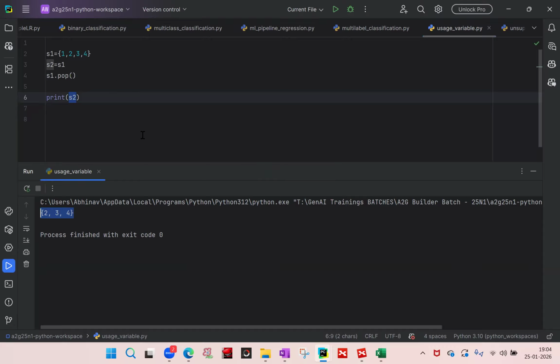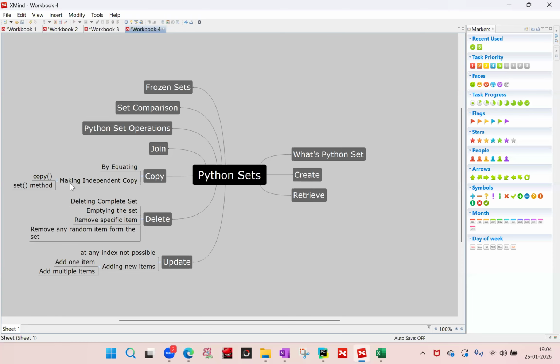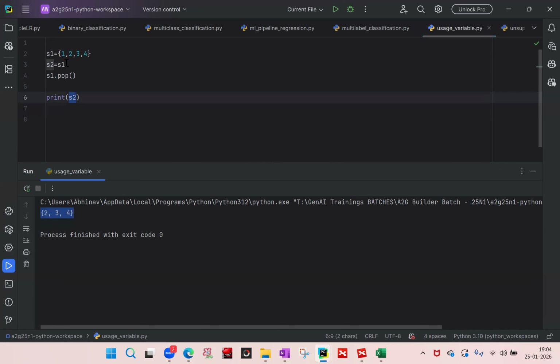So this is known as dependent copy, right? Now, independent copy, as we have seen in list also, can be made using the copy method. So if I do s1.copy(), it will make s2 the independent copy. What will happen in this case is that